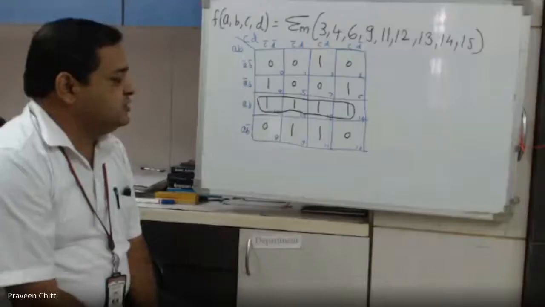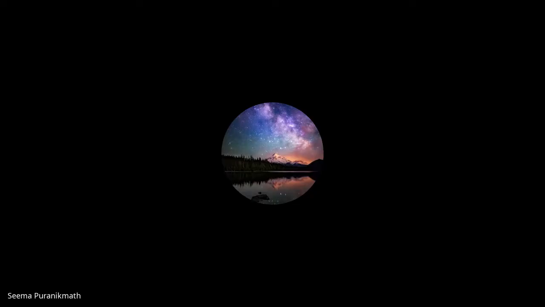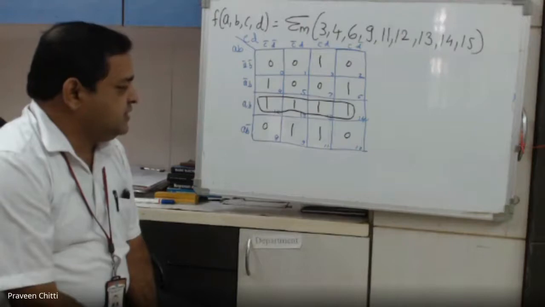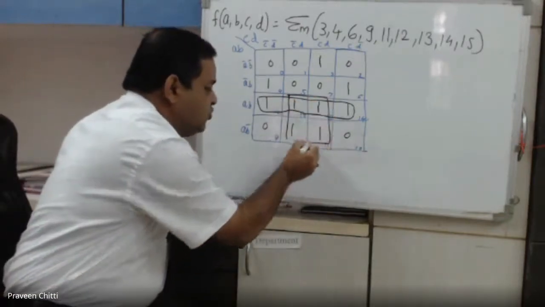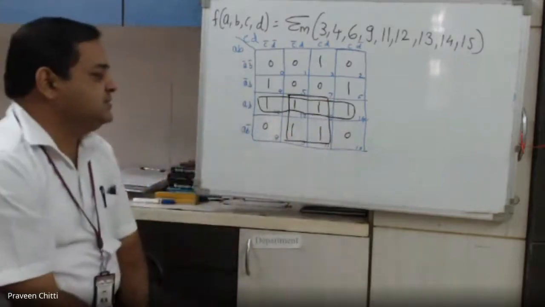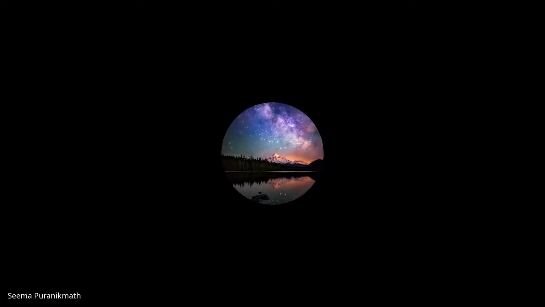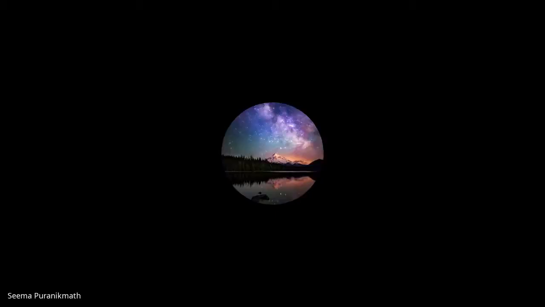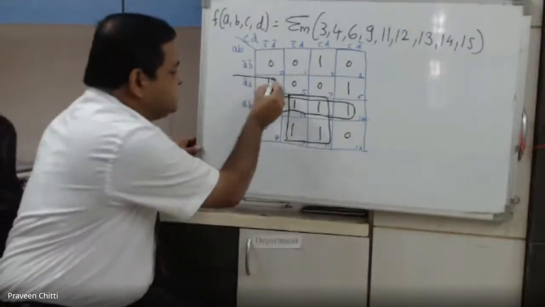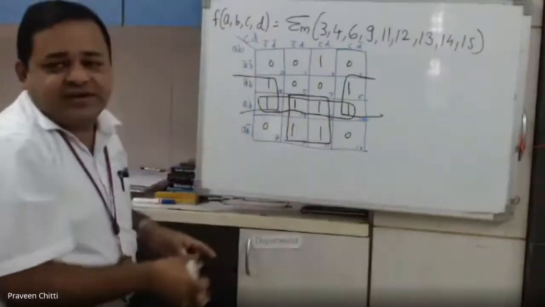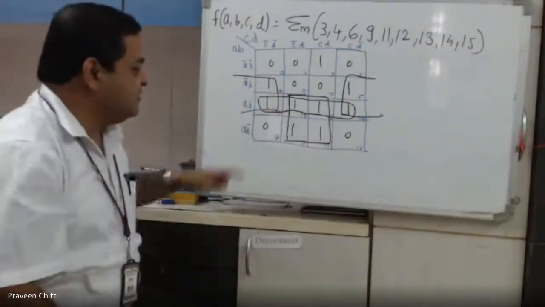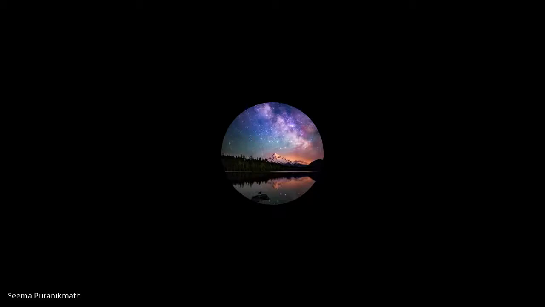Okay, next. Next one: 13, 15, 9 and 11, sir, quad. 13, 15, 9, 11. That means you mean to say this one more quad. Done. Very good. Next. Sir, one by folding 4, 12, and 6, 14. That means this. If I fold, it is called folding, not overlapping. Okay, sir, this has been done.